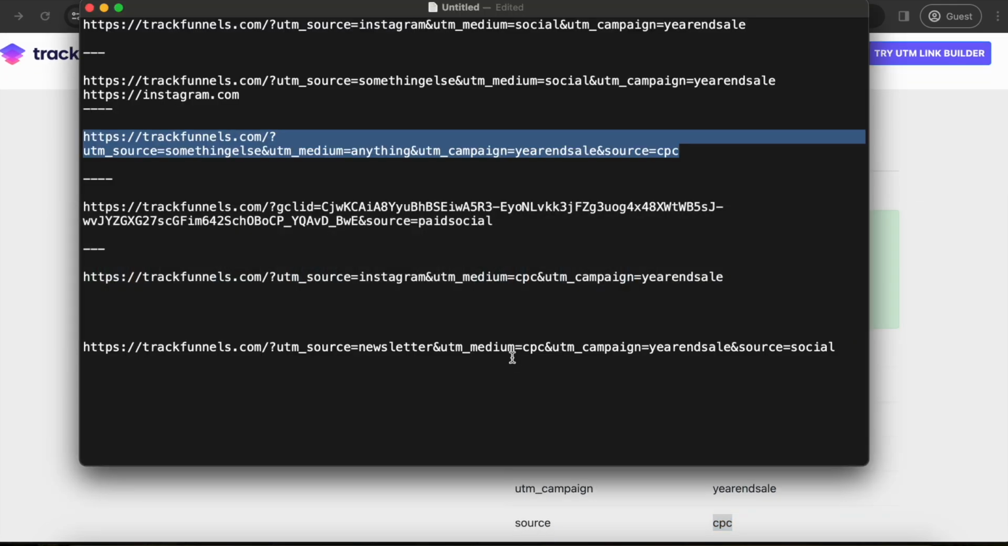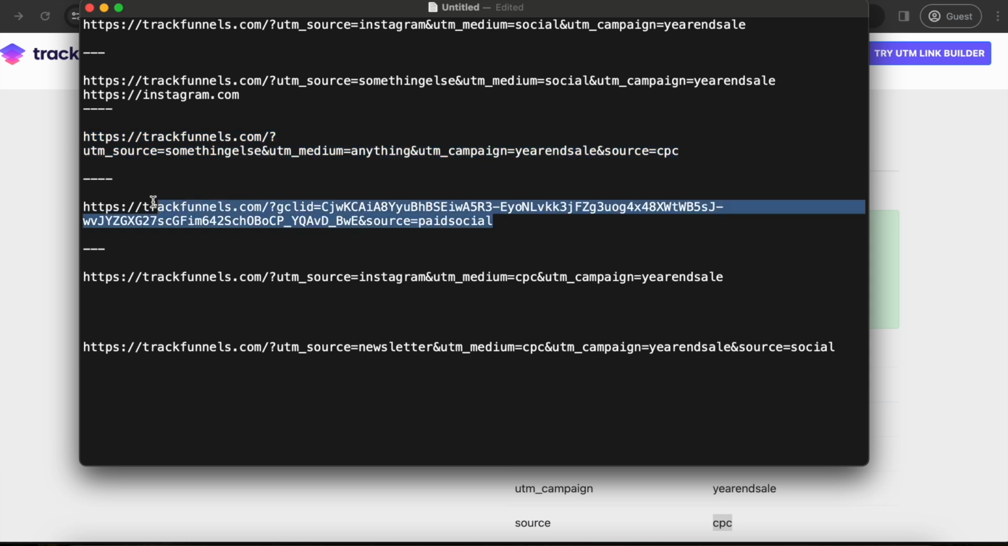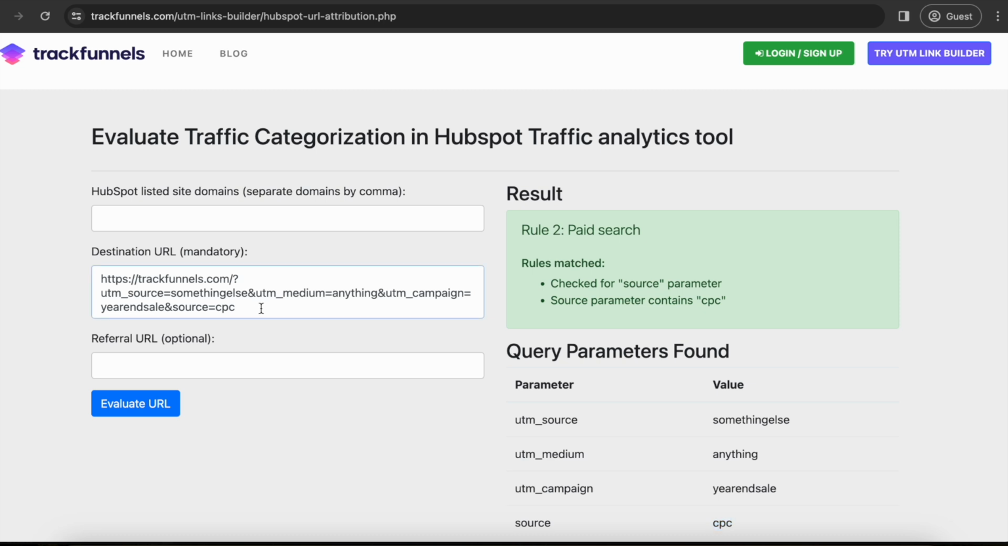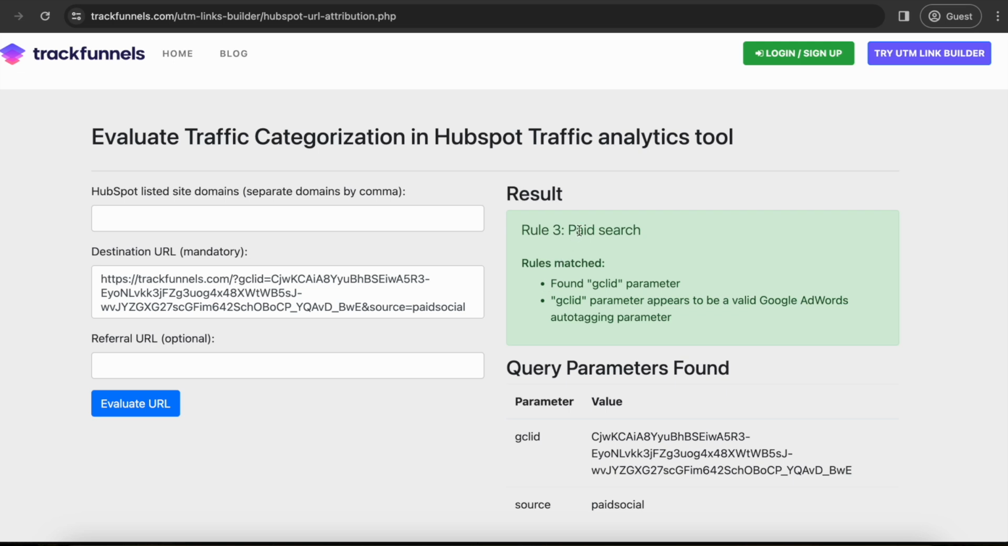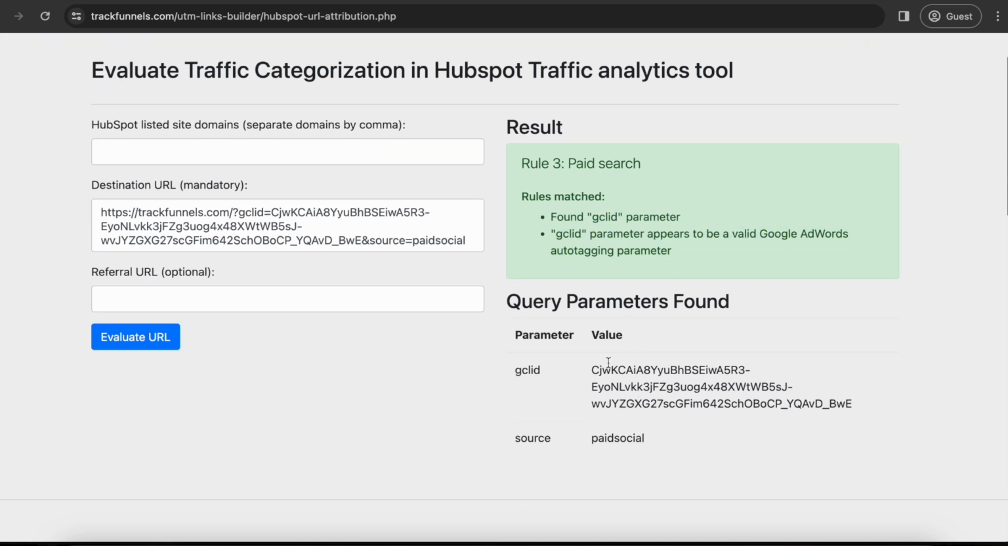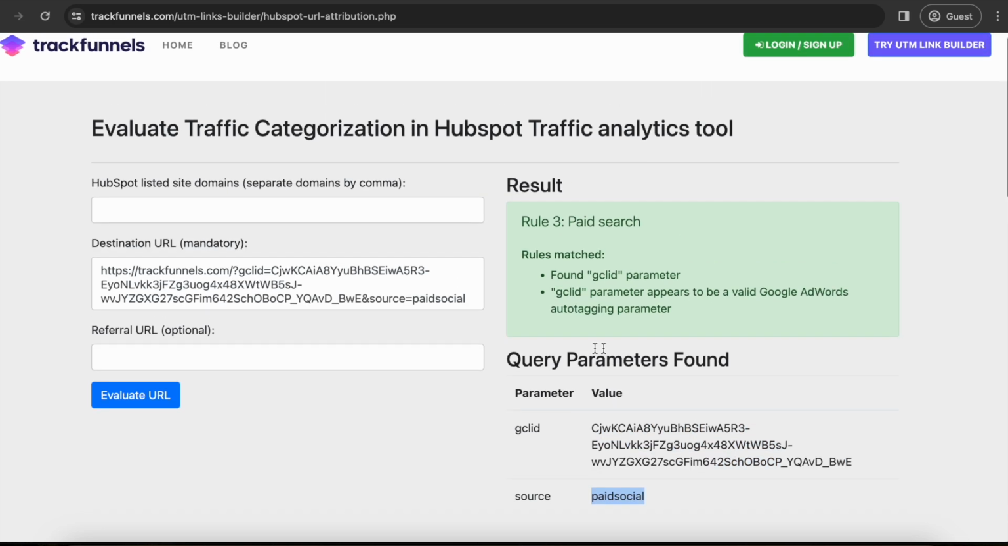So I have other URLs as well. One of the other interesting URLs that I wanted to show you is the one with gclid. So if you have traffic coming from Google AdWords with auto tagging enabled, you will see that that can also be evaluated. You can just pop your URL into this field here and then click on evaluate URL, just like we did for the others. And you see that it recognized it as paid search, and it also shows you the checks it performed. It found the gclid parameter. The value is right here, and even though we now have a source parameter, it gets totally ignored because